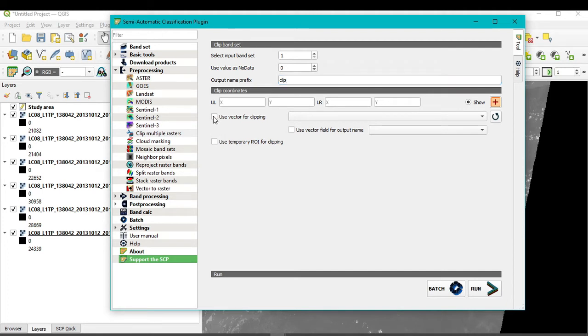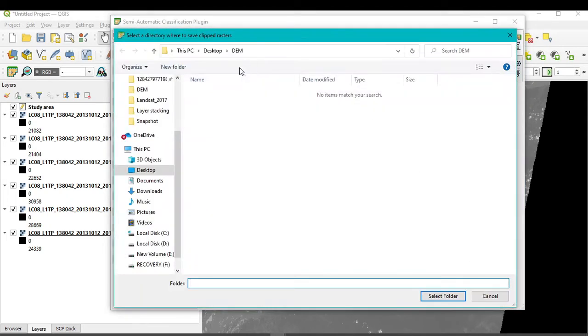For that, just click here use vector for clipping, and click this refresh button. So you can see here the study area which I have already open in my layer panel. So after that, you just click on this run button, and you should select the folder.